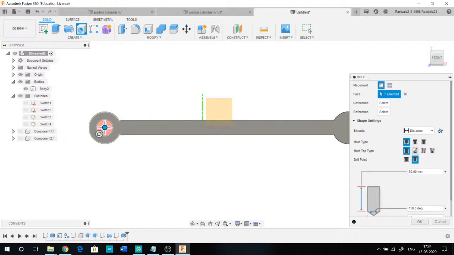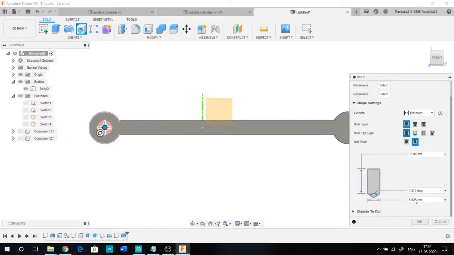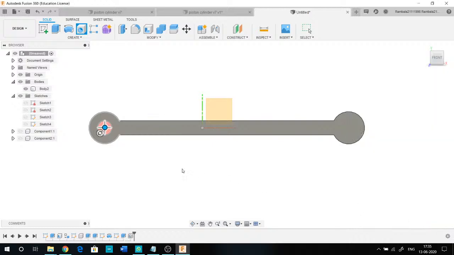Okay, this looks good. And over here you could see hole types, like a simple hole or a counter bore or countersink. You can also have tapped, that means you can have inner threads, like normally we put a screw or a nut in a particular thing, right? You can have threads like that while creating the hole also. So now we don't want any threads, we will be having a plain hole, and just click on